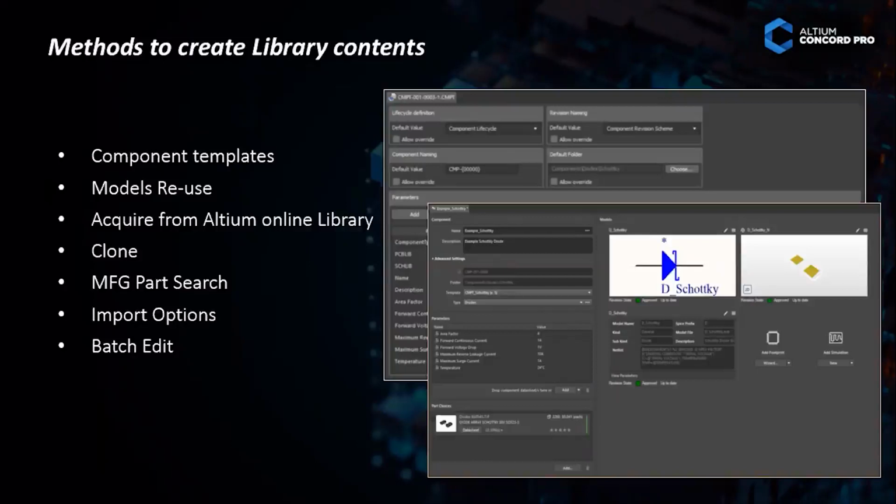Without this, I should not release the component like that. So we can create a component template. Every time I'm creating a new component as per the type, we can use this template, so we don't need to enter the parameters again, because even now, if you are using schematic and PCB library, we can simply copy the parameter and paste it for the new component.